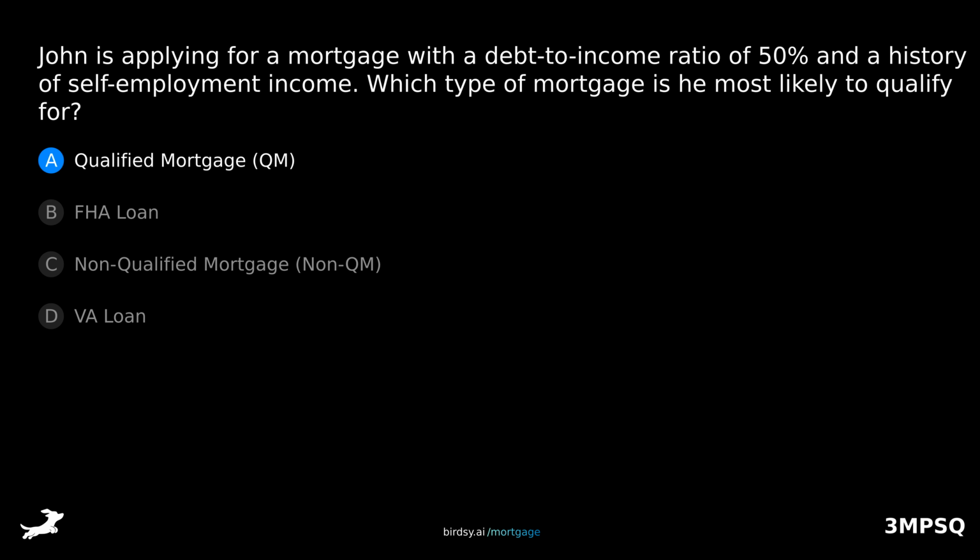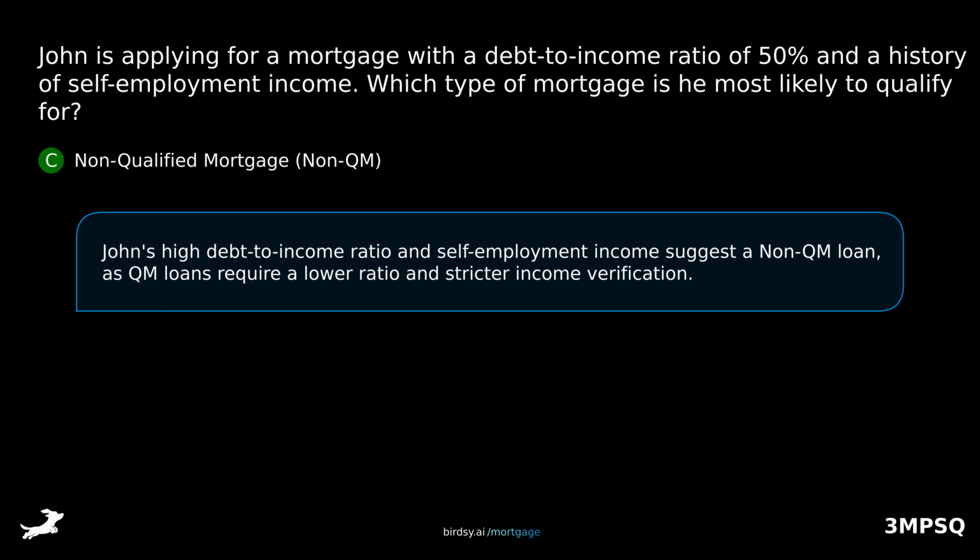Is it A, qualified mortgage? B, FHA loan? C, non-qualified mortgage, non-QM? Or D, VA loan? The answer is C, non-qualified mortgage, non-QM. John's high debt-to-income ratio and self-employment income suggest a non-QM loan, as QM loans require a lower ratio and stricter